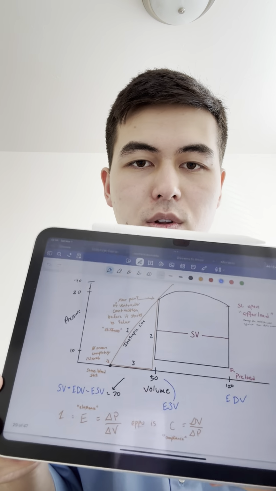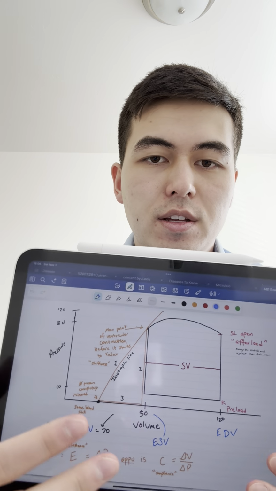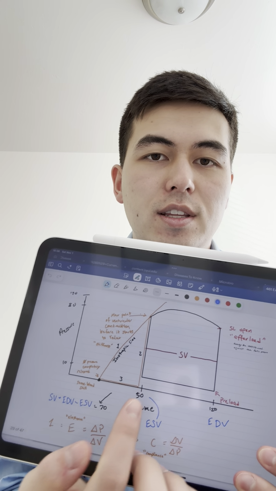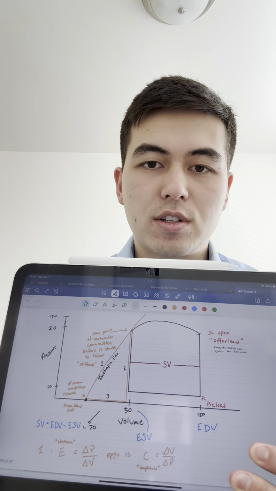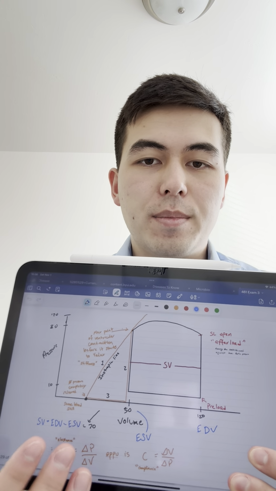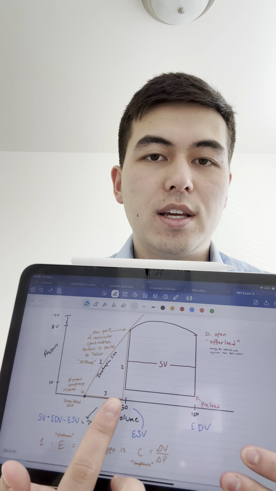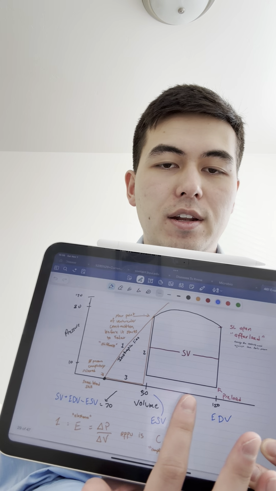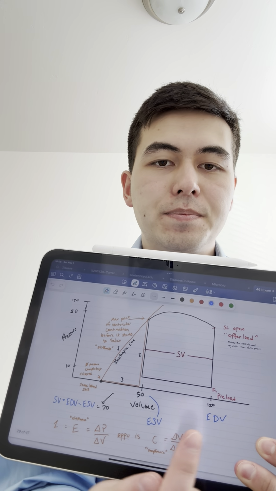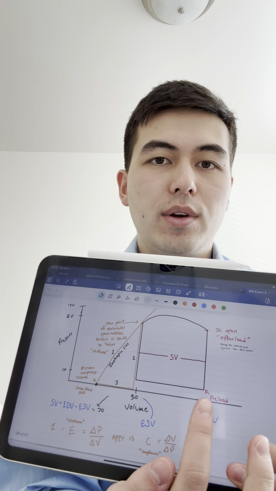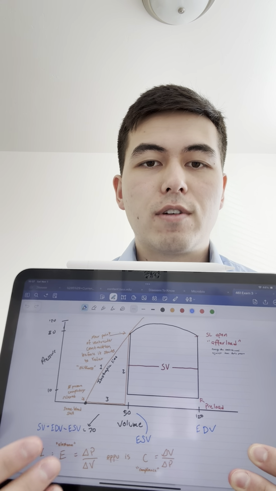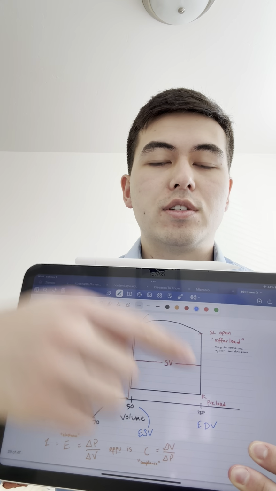So on the bottom here you have volume over pressure. This bottom corner is the point at which the ventricle, right before it starts to fill up, starts. It does start with a little bit of blood already in it, and as this starts to increase in blood from the atrium, it stops here, which we call the preload. This is the maximum amount of blood in the ventricles right before the pressure increases to eject blood